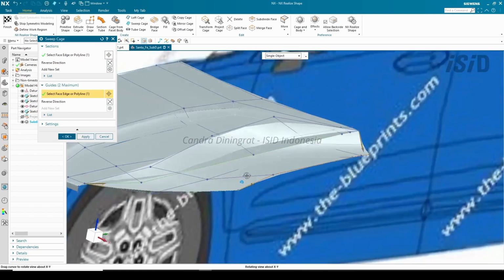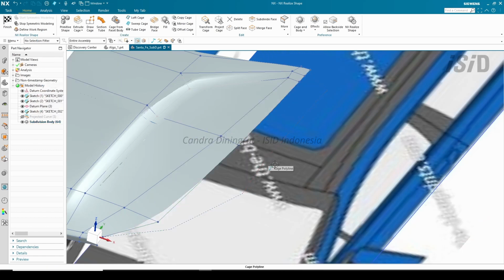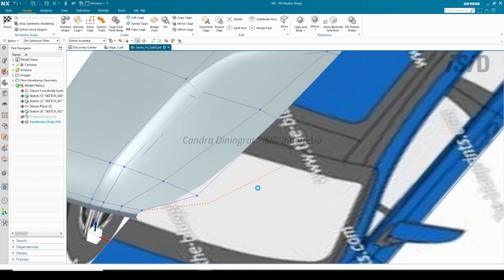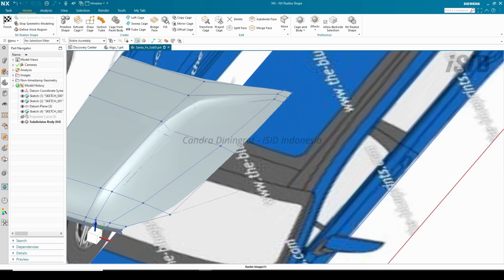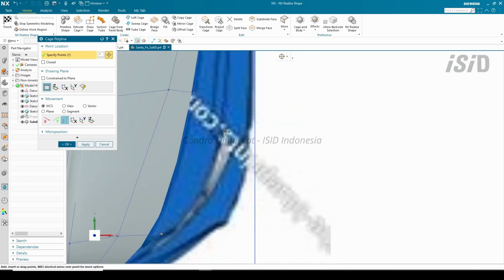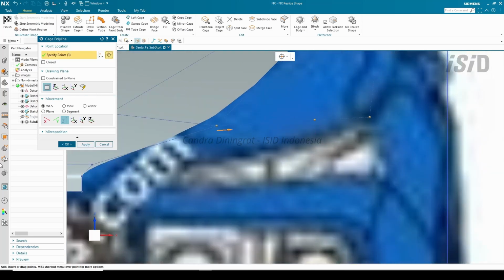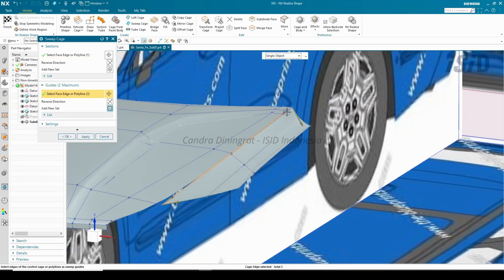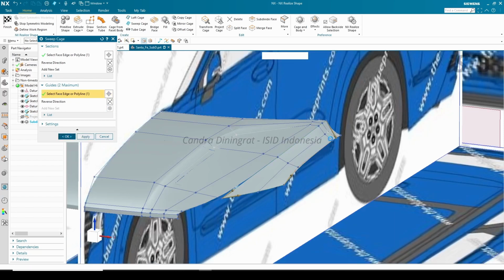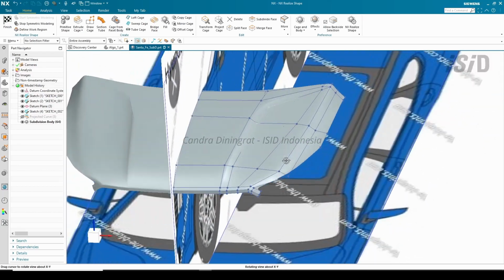Okay, I think I miscalculated some cage polylines here. I need to delete some cage polylines. I think I'm going to delete all those cage polylines, and I think I need at least two degrees here, or two segments, and created the surface using sweep cage. Okay, that's good. Again, we can do a refinement after all of this,